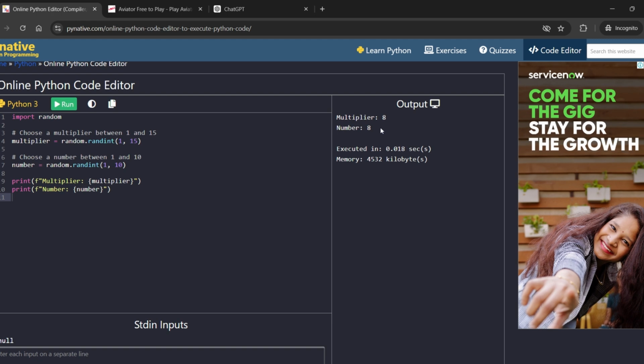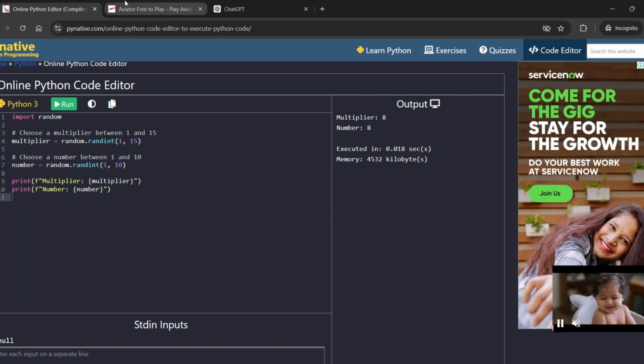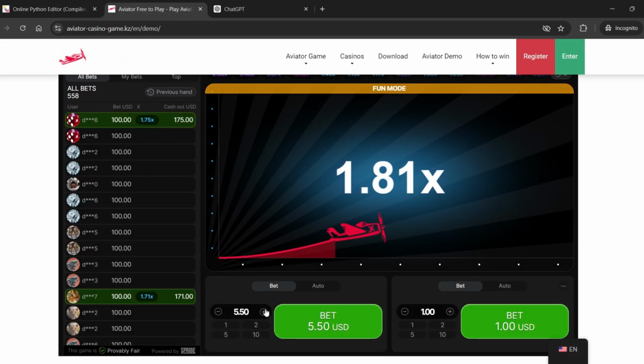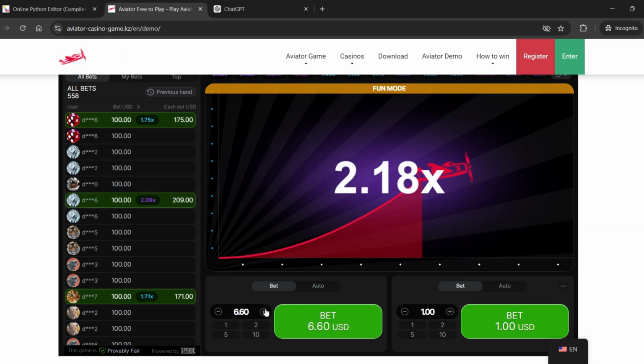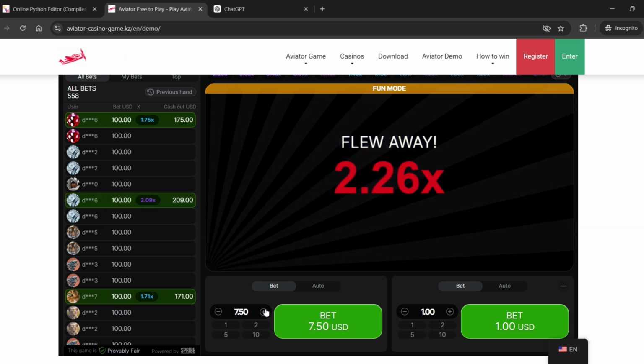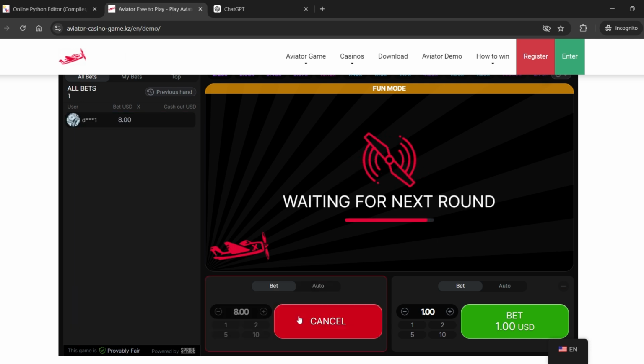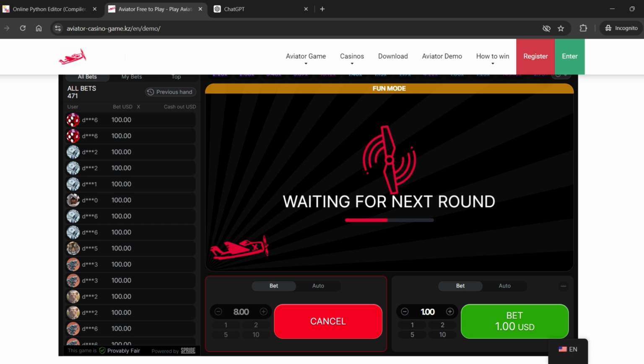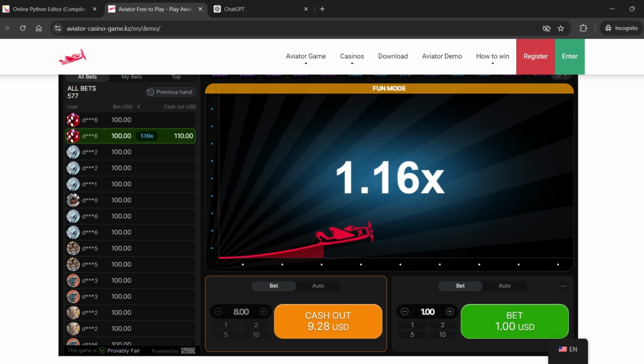Now we are using these numbers to play Aviator. On another tab, you have to open Aviator game, and since our bet number provided by Pinitive is 8, we will put that amount into play. Note that this is our demo account, just to teach you, no real money is being put right now. Now we will cash out at the multiplier number the code has provided, and then we can see it stopped